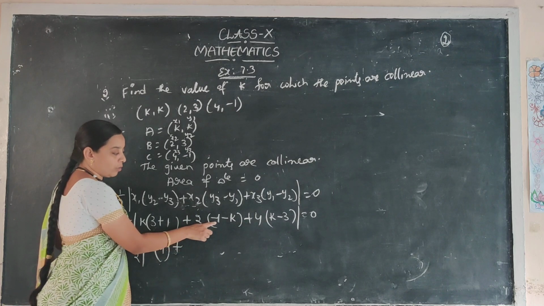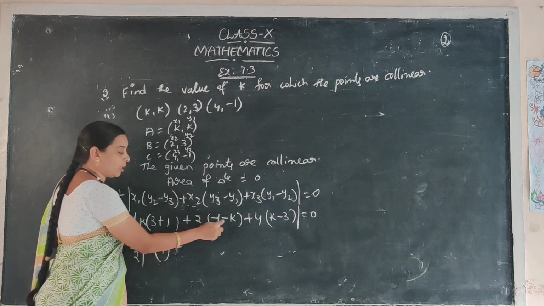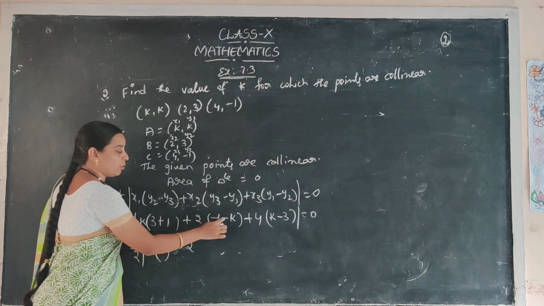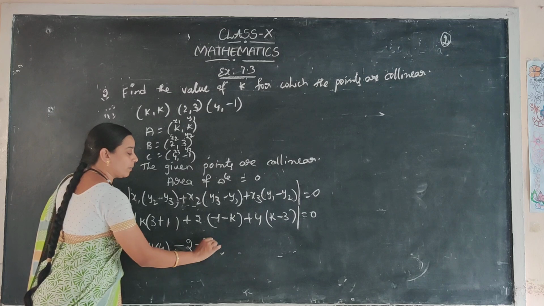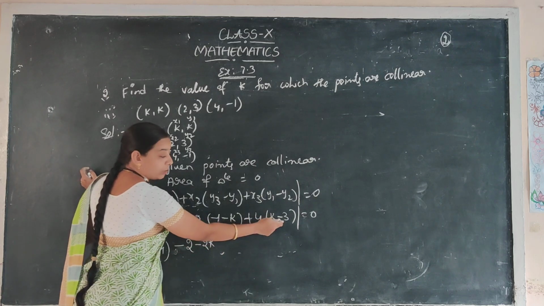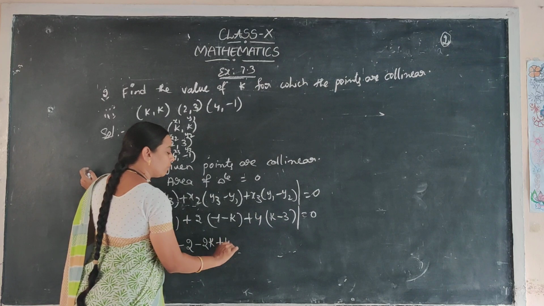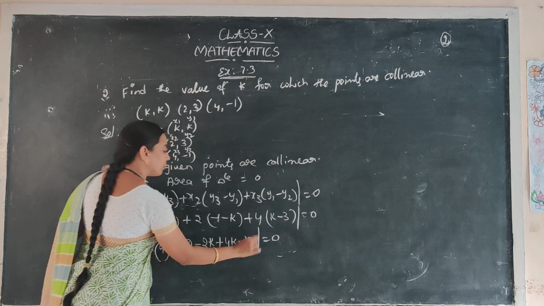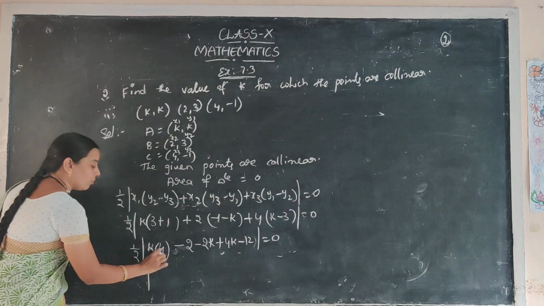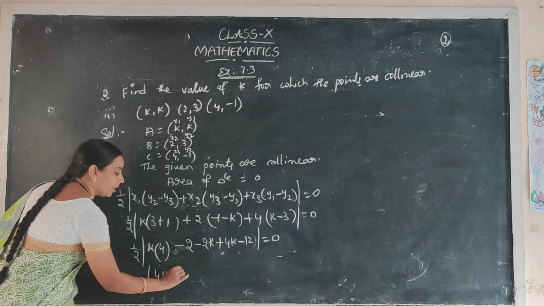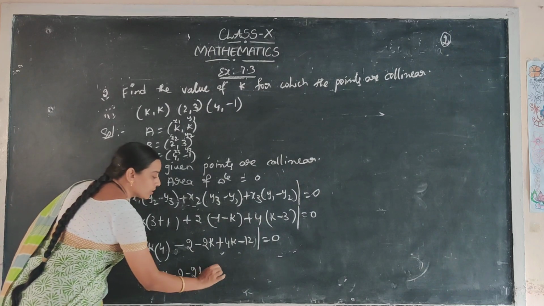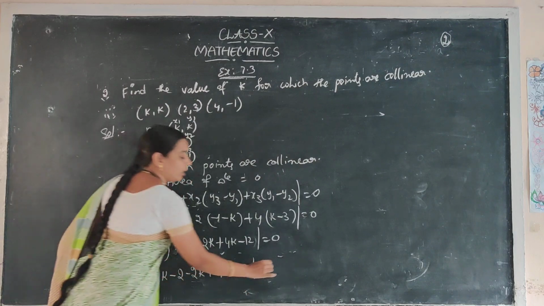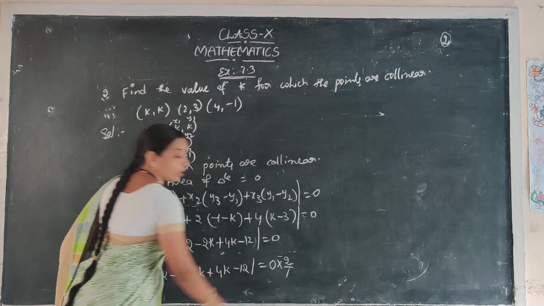Now this one is a numeral and this one is a variable. Can't add now, multiply. Plus into minus, minus. 2 ones are 2. Again plus into minus, minus. 2 into k, 2k. Plus, same, variable and numeral, multiply. 4 into k, 4k. 4 threes are 12, is equal to 0. Okay. Now 4 into k, 4k, remaining all as it is. 2k plus 4k minus 12 is equal to 0, the half moves to the right side as reciprocal, 0 into 2 by 1.